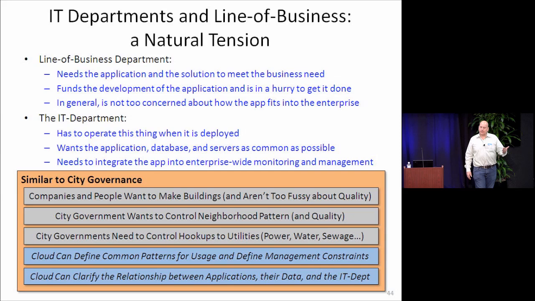What I think is that these patterns for cloud computing can lower that barrier of complexity by describing what the IT department needs to manage and the ways in which the application is built in these patterns. And then within the patterns, it's easier for the line of business to crank out their application, and it's easier for the IT department to see all of these applications with a commonality that allows them to manage them in a similar fashion, okay?